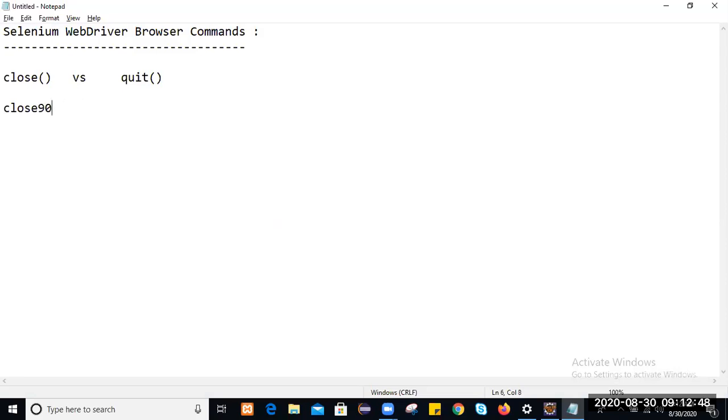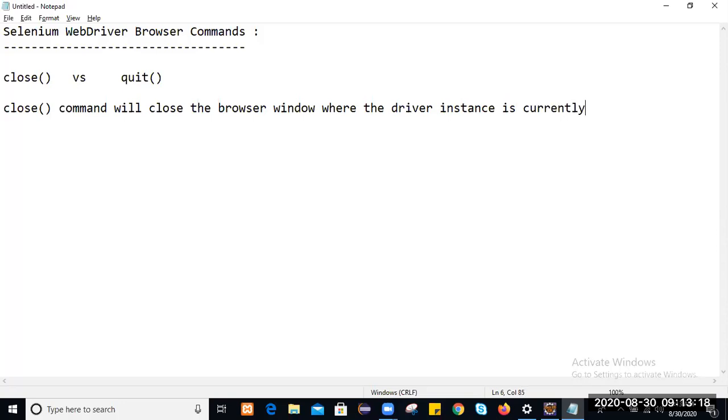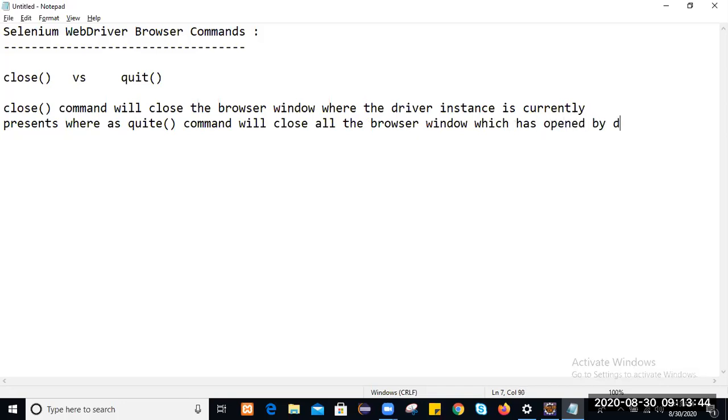The close command will close the browser window where the driver instance is currently present, whereas the quit command will close all the browser windows which have been opened by the driver instance.